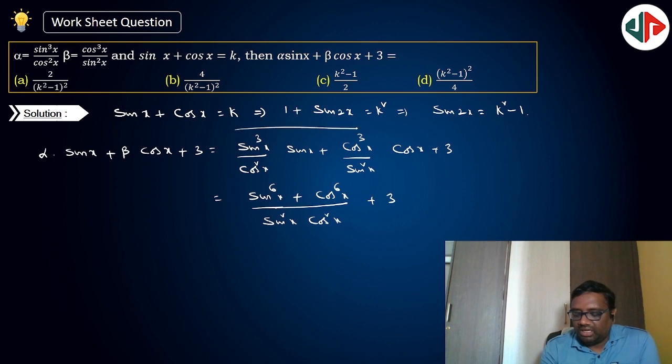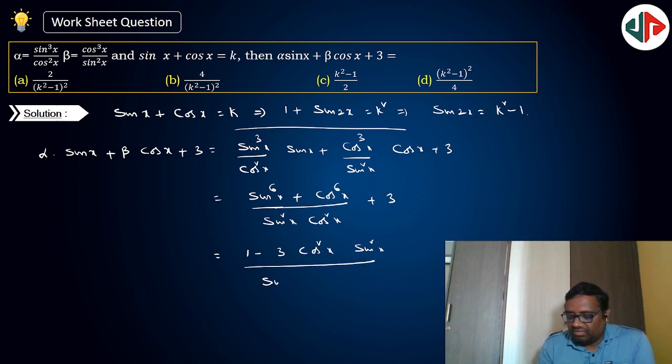These two values I am taking LCM: sin^4 x by cos^2 x plus cos^4 x by sin^2 x. Take LCM sin^2 x into cos^2 x. Then sin^6 x plus cos^6 x is in the standard form: 1 minus 3 cos^2 x sin^2 x by sin^2 x cos^2 x